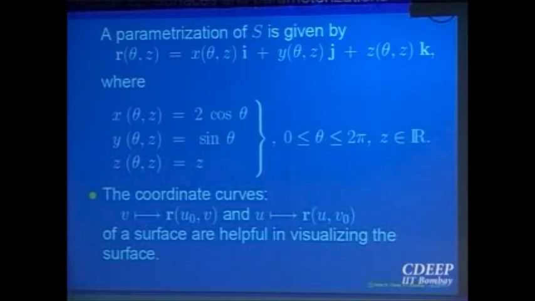What is the use of these coordinate curves? We will see it soon. One way is that if you know the parameterization and if you know the coordinate curves, that helps you to visualize the surface. Essentially you are moving along that, if your u is fixed, only v is varying. So at u fixed, what you are looking at is the sections along that vertical line, u is fixed, only v is varying. So in the domain, along that vertical line, how is the surface looking like along that? What is the image along that line, right? So if you know various coordinate curves, you can try to put them together and try to visualize the surface.